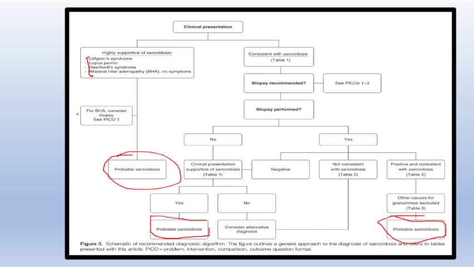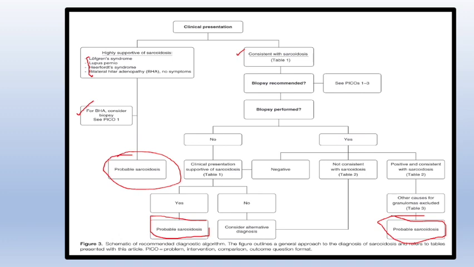But if the patient has bilateral hilar adenopathy, you can go ahead and do a lymph node aspiration or a biopsy, then that should definitely be considered, and we'll have a probable sarcoid as our diagnosis. If your patient has features consistent with sarcoid, or you are suspecting sarcoidosis, or features are probable or highly probable for sarcoid, you must consider if biopsy is recommended. Again, we'll be talking about the questions that they subjected wherein biopsy may or may not be done.